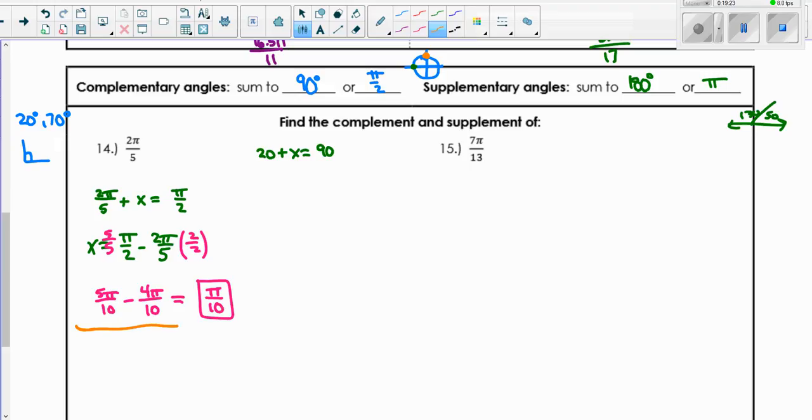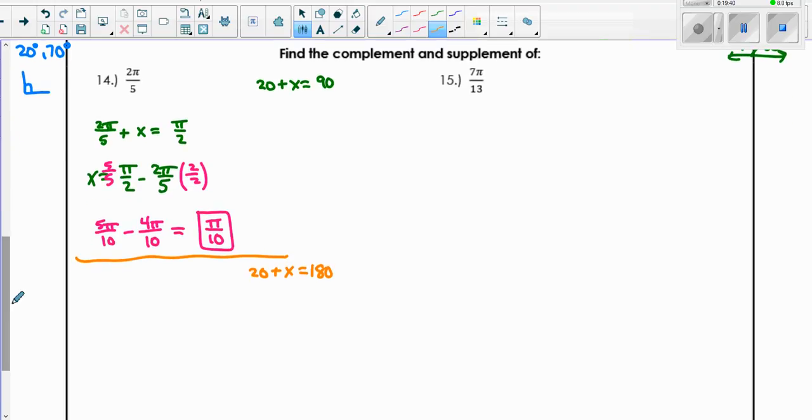Okay, and then we're going to try it again for supplementary. So if we were doing supplementary, same example, if we wanted to do 20 plus something equals 180, then we would subtract 20 from both sides to see that x would have to be 160. Okay, but 20 and 180 are both degrees, and we have radians. So we want to say 2 pi over 5 plus something equals, and 180 degrees is the same thing as pi. So I'm going to subtract 2 pi over 5 from both sides, and I get that x equals pi minus 2